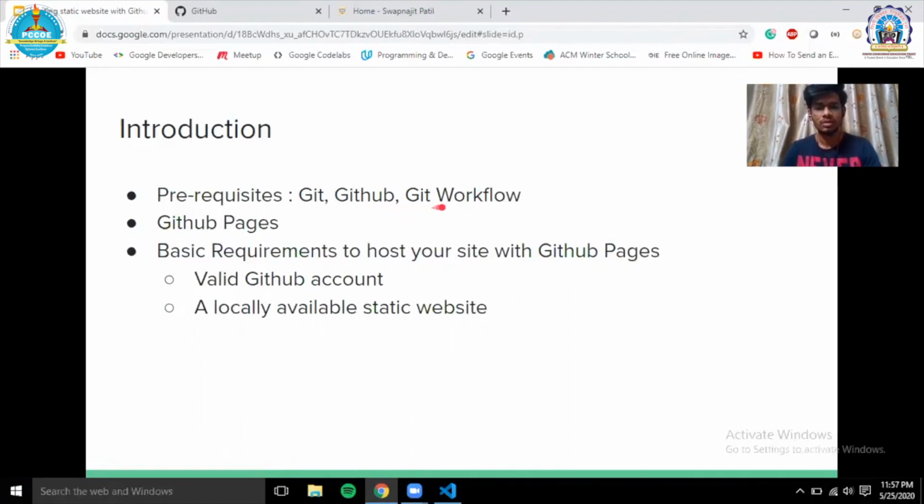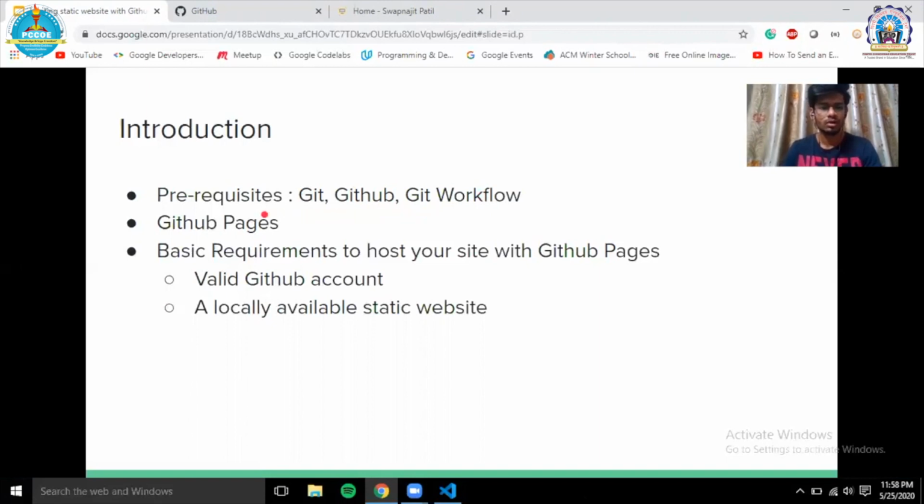Git workflow is basically the Git commands that allow you to manipulate your work with the help of Git. Those commands include git add, git push, git commit, git pull, and commands like that. For today's video, the basic requirement is that you should be aware of GitHub. What are GitHub repositories? Repositories are your workplace. It is the location where your actual project files are stored. So you must be aware of GitHub repositories and Git commit.